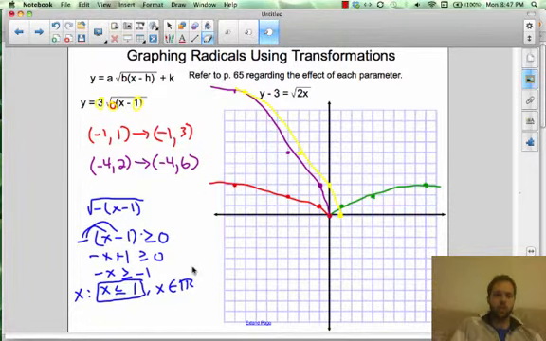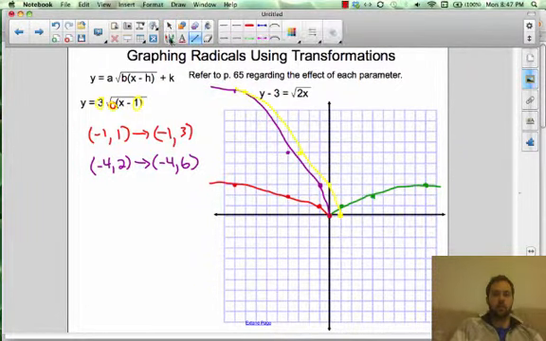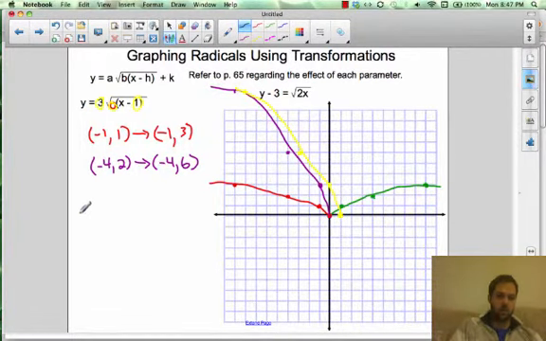Alright, now our range. Again, this is easiest to do just by looking at the graph. Once it's finally graphed, we can just look at it and figure out our range. And again, nothing goes below 0. Everything's above, but 0 is counted. So our range, now,